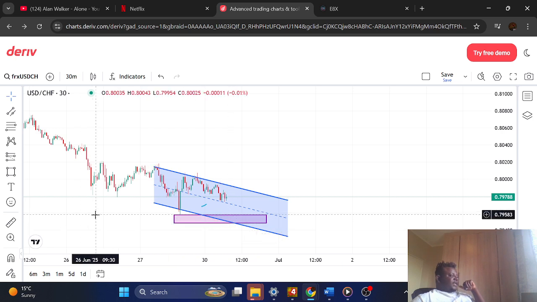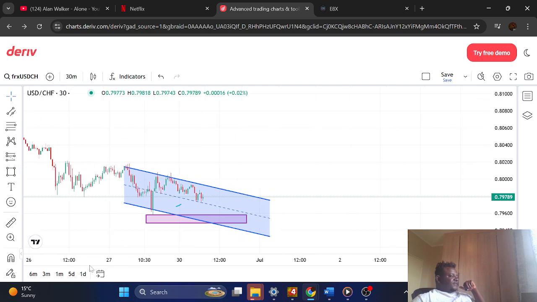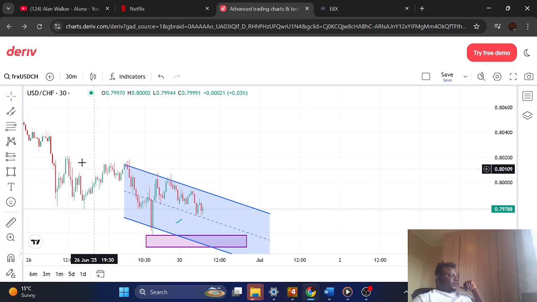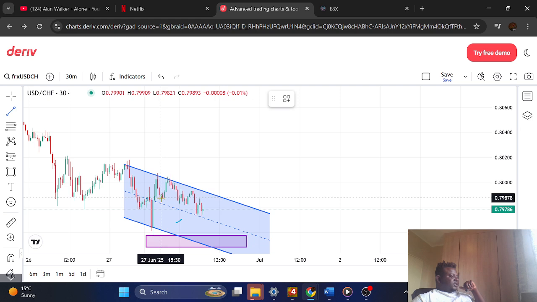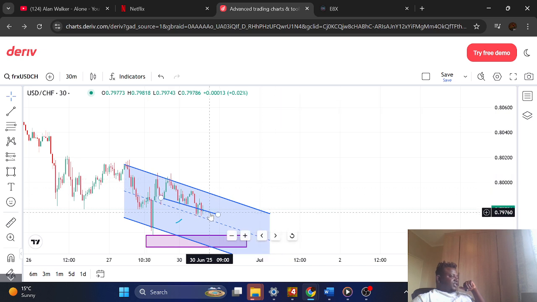So with that, now you look for the perfect entry. On the 30-minute time frame, you zoom in a bit. Take your trend line, you find your supports inside. You have this support, you also have this support, and you let the market go. So we're waiting for a break here. We already have a breakout right here, but we're waiting for this to close down below, and then we can